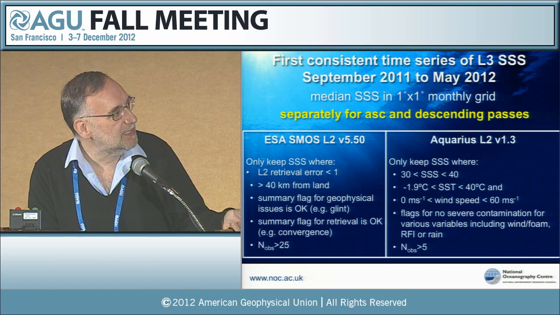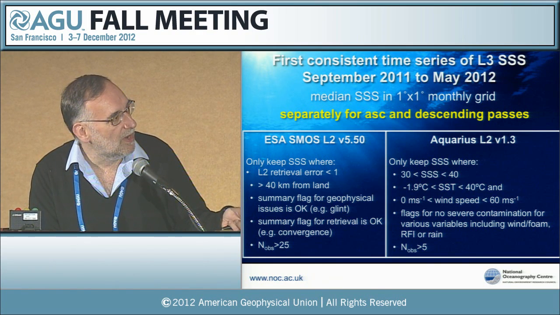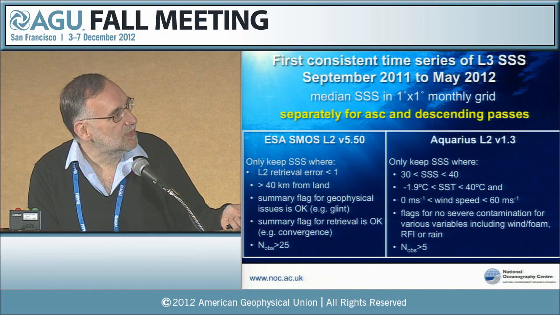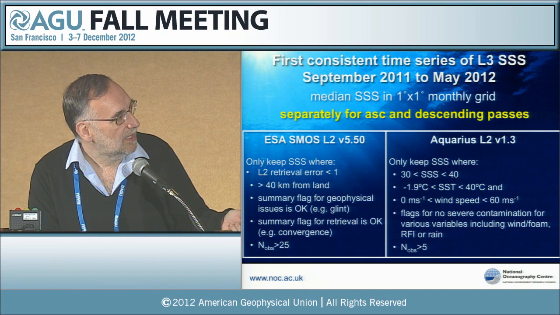So this is just the details of what we do. ESA SMOS level 2 version 5.50 and Aquarius level 2 version 1.3. We use the SSS where the level 2 retrieval error, because it's an iterative algorithm, is less than 1. We use more than 40 kilometres from land for SMOS. We use the various summary flags to ensure that the retrieval is valid, and then we only calculate results when